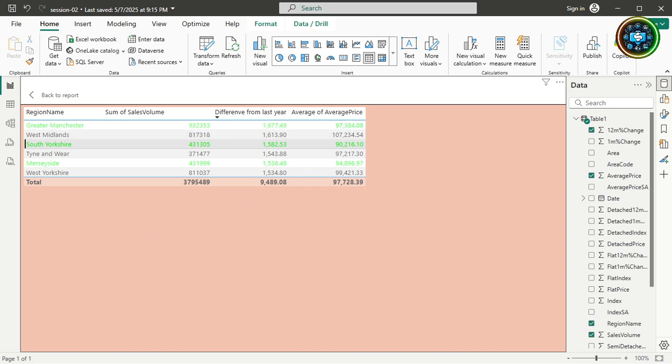Okay, so even though the data is showing average price, when you add the data, it sums up everything. So if you want only the average to be displayed, you have to change the data to average. Okay, this you should remember. Now,